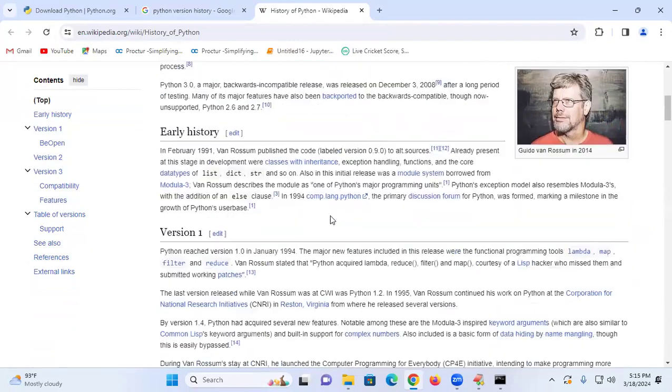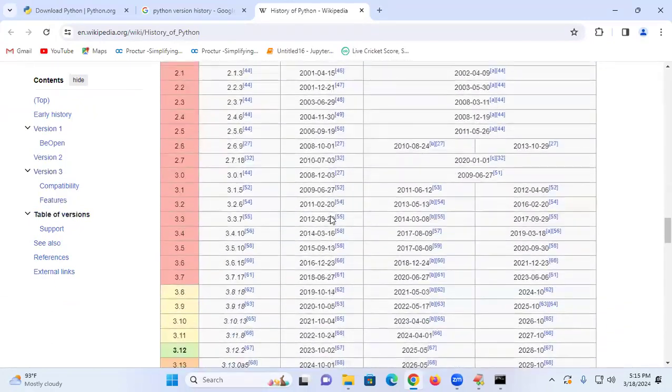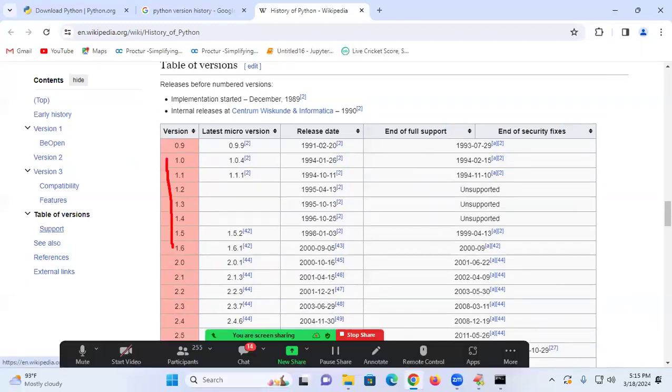Coming down, here is one beautiful table. Look at this carefully. I said 1.x, do you remember? This is 1.x, with the release date, end of full support, and end of security fixes. Before 1.x, there was 0.9 also, as I said. When you speak something, it should be there on the internet. That is called practical knowledge. Suppose in an interview you say something and I type it into the internet and it is never found at all, then what will you say? You will definitely have to accept that you don't know. That time what will you do?